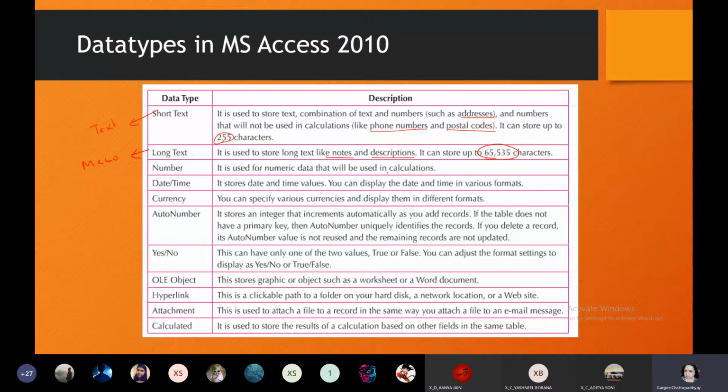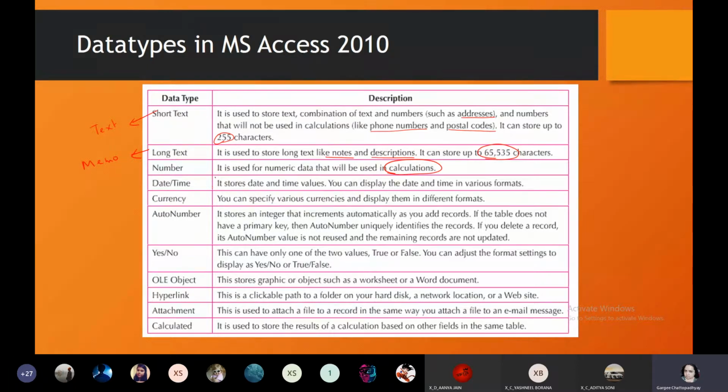Number is used for calculations. Any type of value like someone's marks, or if you want to print the area of a circle. All those values which are numeric in nature, which are used to perform calculations, can be considered as number.